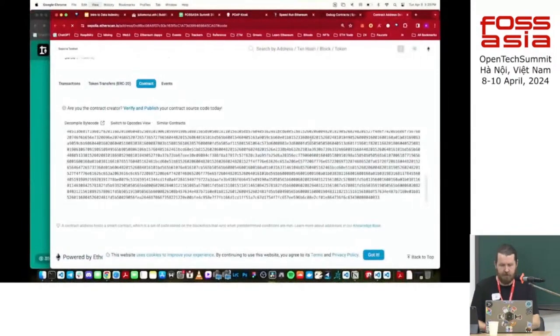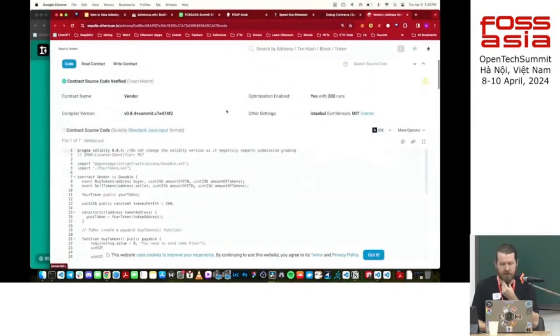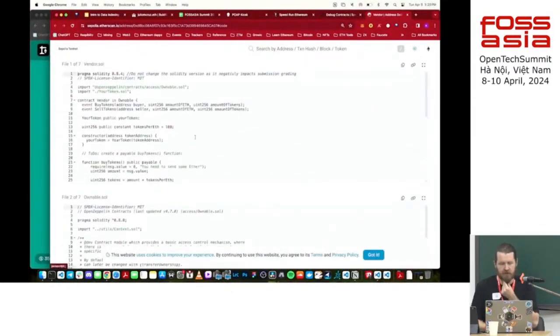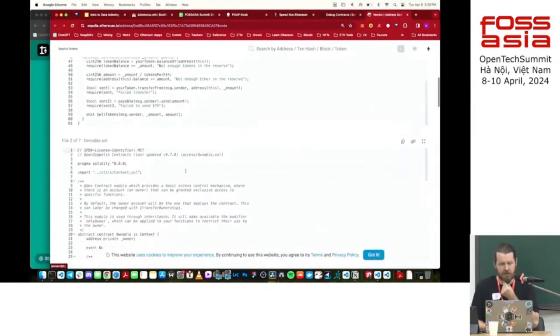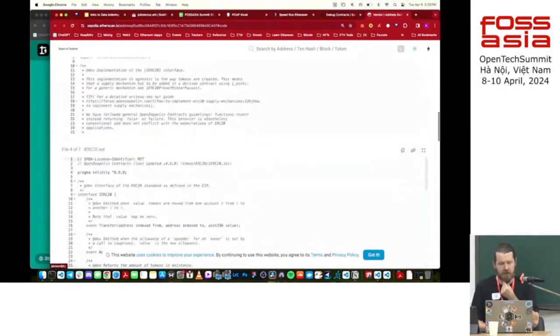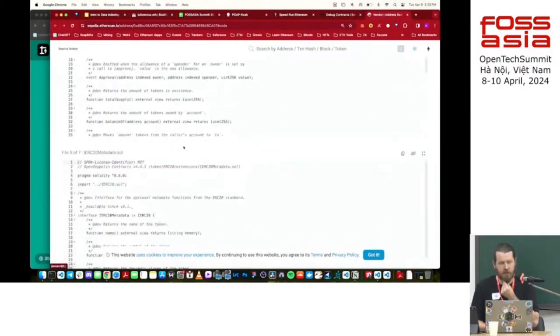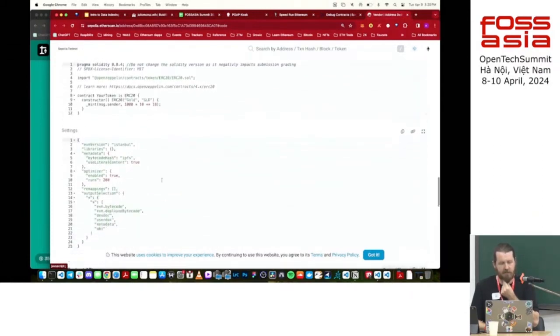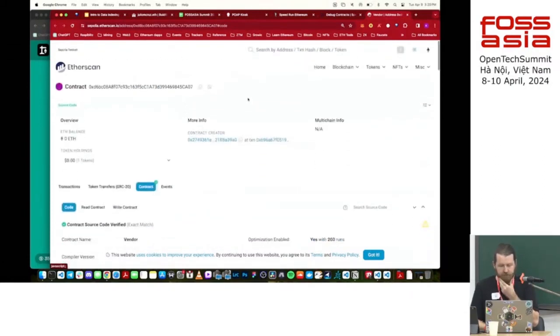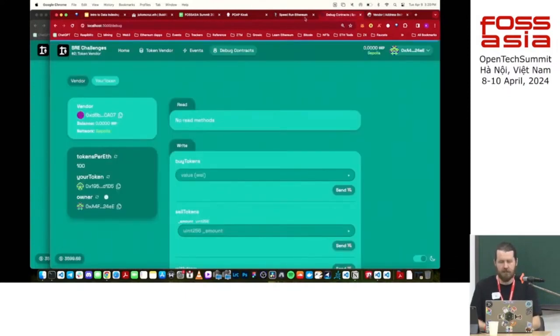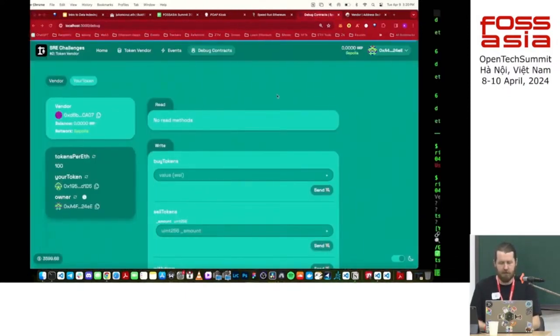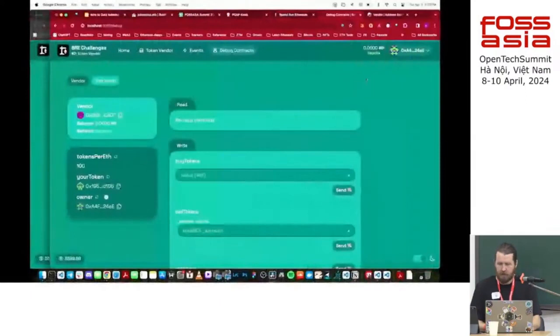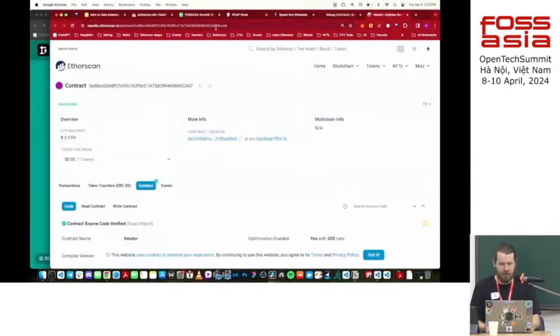So now if we come here and refresh, we'll get the verified contract. You can see all the code that I wrote here. Here's the ownable contract. And here is the ERC20 and the token and the ABI. So everything's good. The last thing we need to do is just make sure that that ships appropriately, which it should be good. But in the meantime, let's grab this